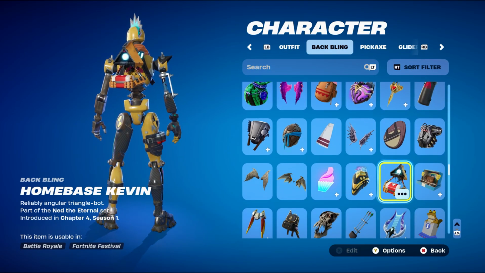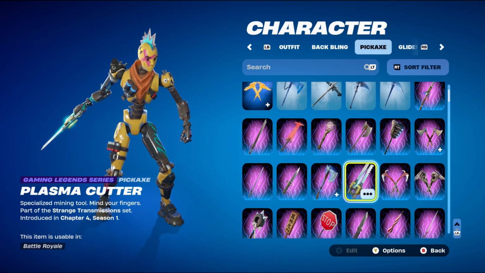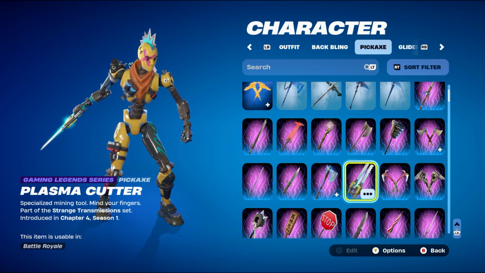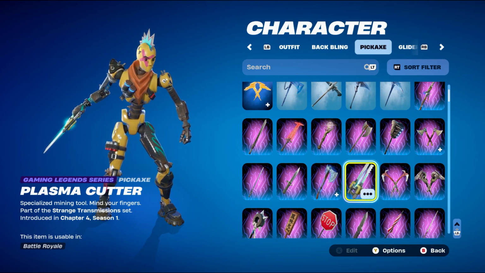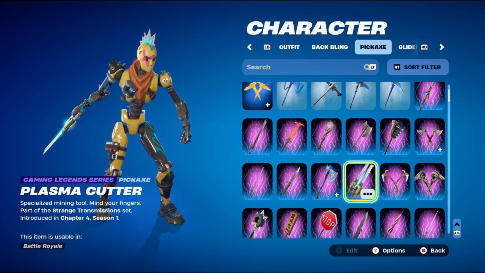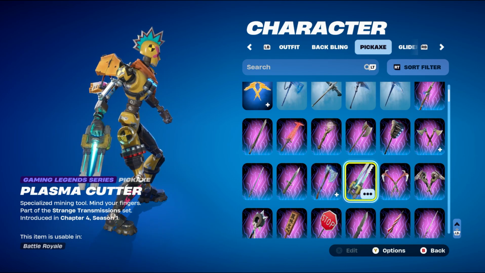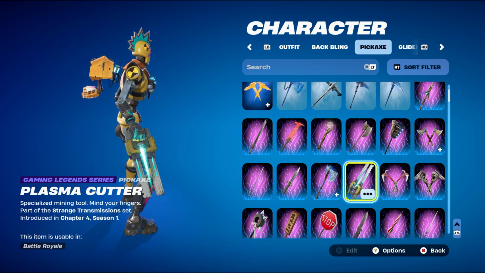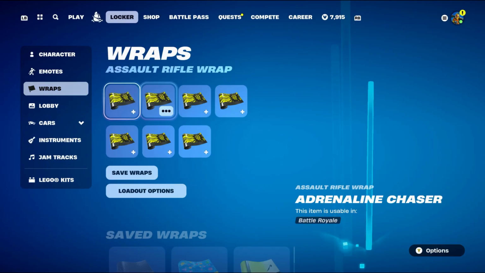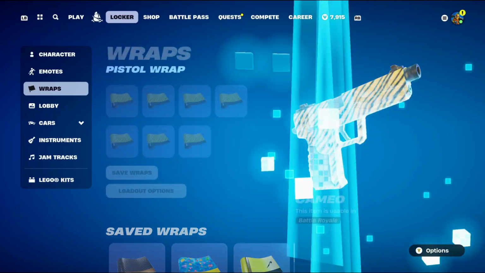The Home Base Kevin has a med kit. I'm pretty sure he uses a med kit as well, which is pretty cool. I can't say I've ever used the backbling, to be fair. Pickaxe for this combo is the Plasma Cutter, which is a Gaming Legends series pickaxe, part of the Strange Transmission set, introduced in Chapter 4, Season 1. And this is Isaac Clarke's pickaxe, basically the main character from Dead Space, using this for the yellow and blue design. Let's move on to the weapon wrap now for this combo, which is this one right here,